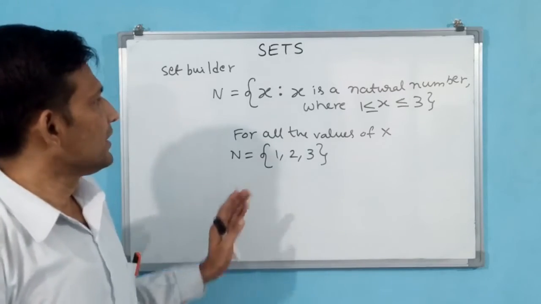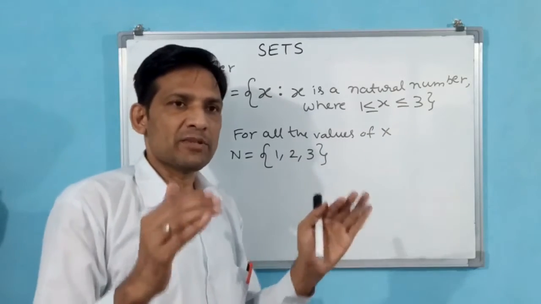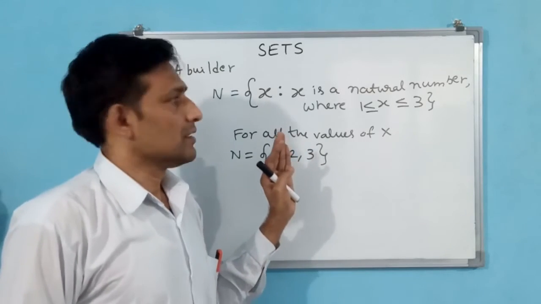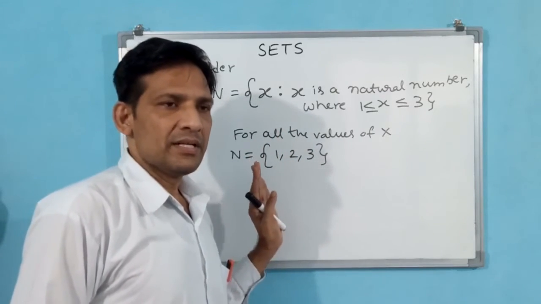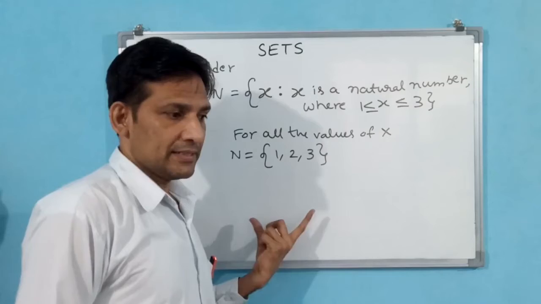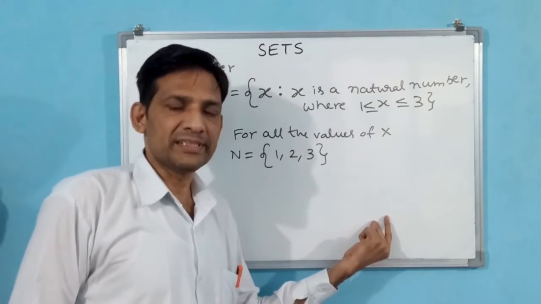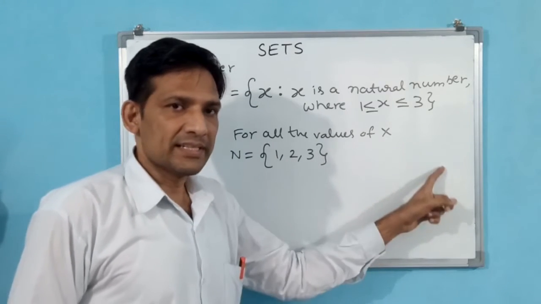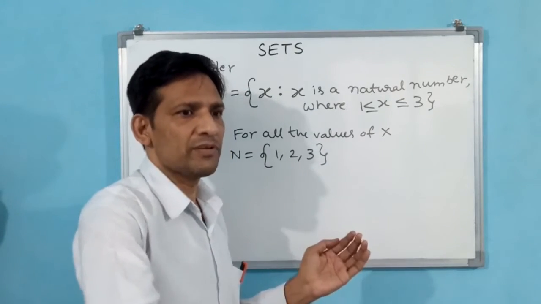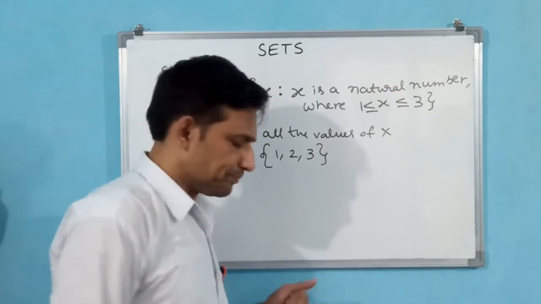In set builder form, the group we have made, all the elements possess one identical property. Outside of that set, elements don't have that property. That means if you are writing mobile phone brands, all inside the set should be mobile phone brands only. Outside the set, they don't have that brand. How you are going to tell this? When you have some 3-4 sets, then only you can know. That we will see in examples.